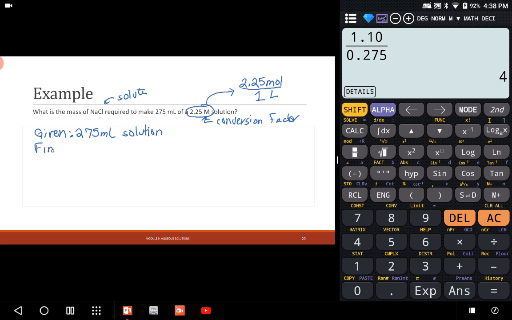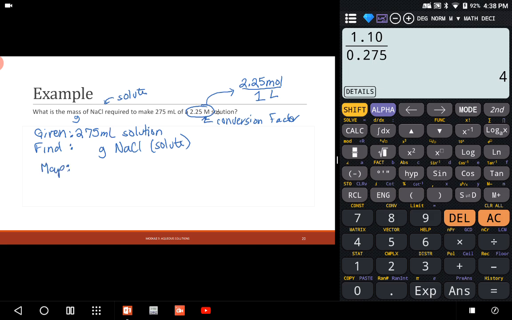And so I am asked to find mass. It doesn't tell me a particular unit of mass, so I'm just going to go with grams. That's like my default mass unit. Grams of NaCl, which must be my solute. So my solution map,